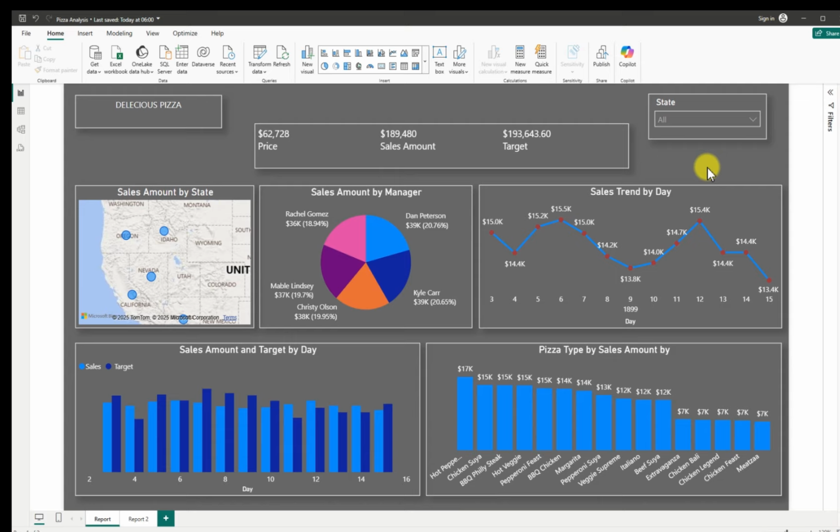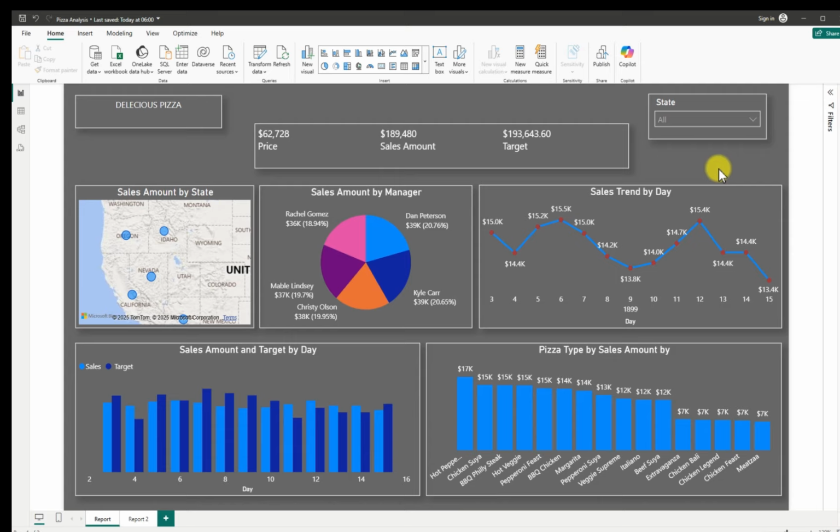Sometimes as an analyst you'll be given data and the owner of the business might not actually know what the data is used for. They just tell you, oh, I have so many managers working in that branch. This is the state that we normally set from. So I would like to see the sales amount generated. I would like to see pizza by sales amount, all those ones. So these are some of the things we are going to be picking out,